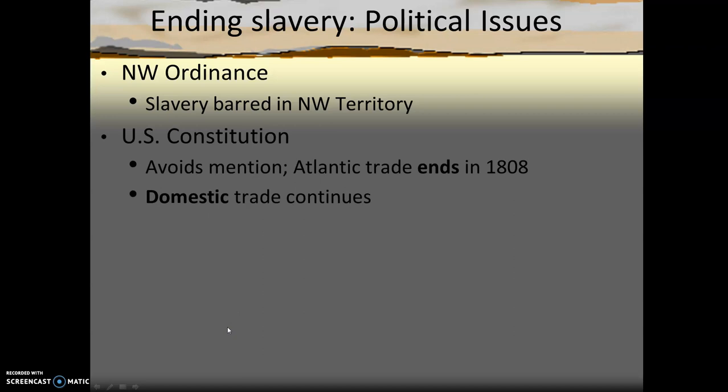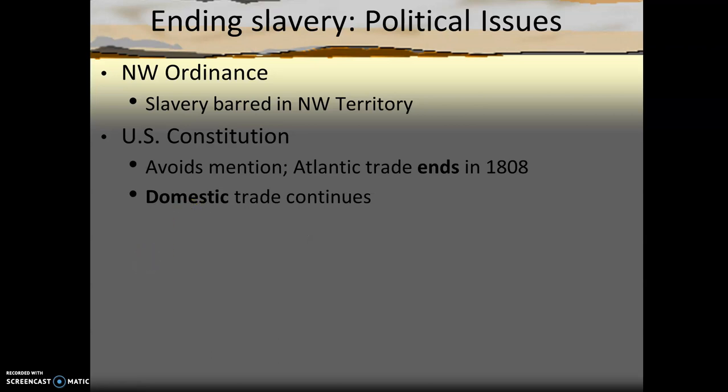Now, the Constitution famously didn't ban or even mention slavery, as the Three-Fifths Compromise really was as close as it got. The Constitution did mention that 1808 was the first year Congress was allowed to repeal the transatlantic slave trade, and they did so on January 1st of that year. However, we see that the domestic trade continues, meaning the importation of potential African slaves is illegal, but they're still